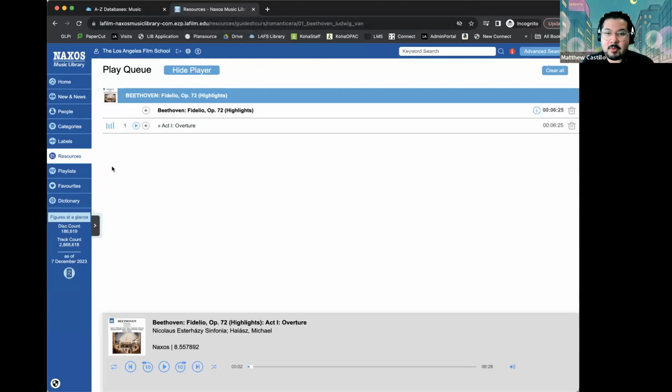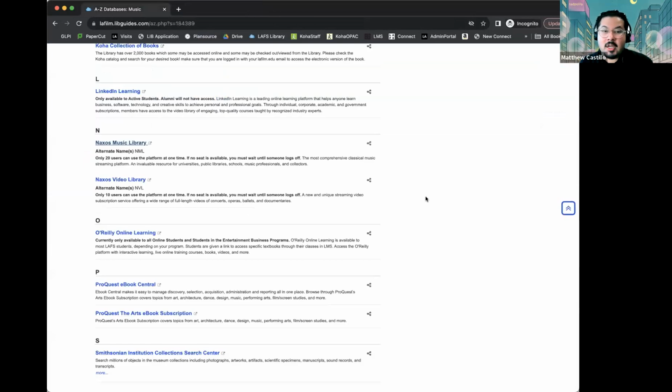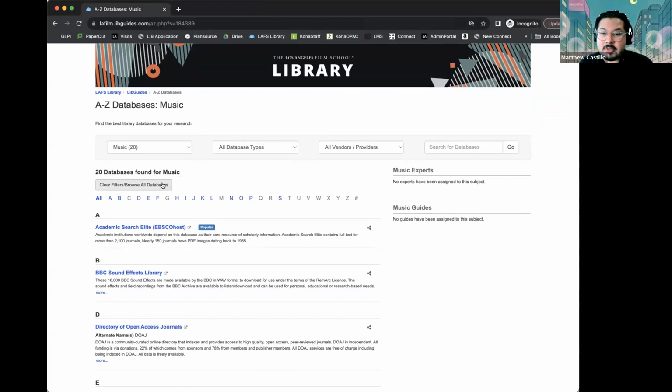And again, we recommend you guys check out all of these resources, all of these databases, if for nothing else, just so that you are familiar with them and know that they're there. But we think they're really cool. So let's go ahead and head back to the A to Z database page, and we'll explore just a little bit more. Let's scroll all the way back up to the top, and we're going to clear the filters